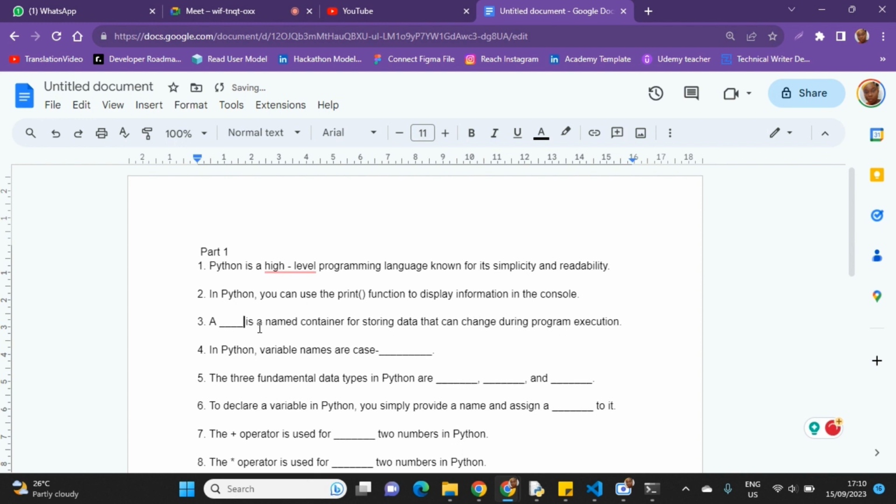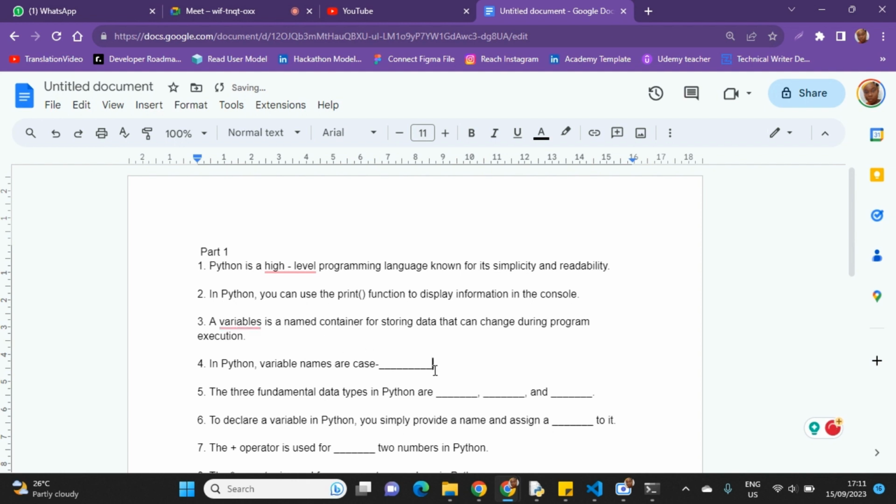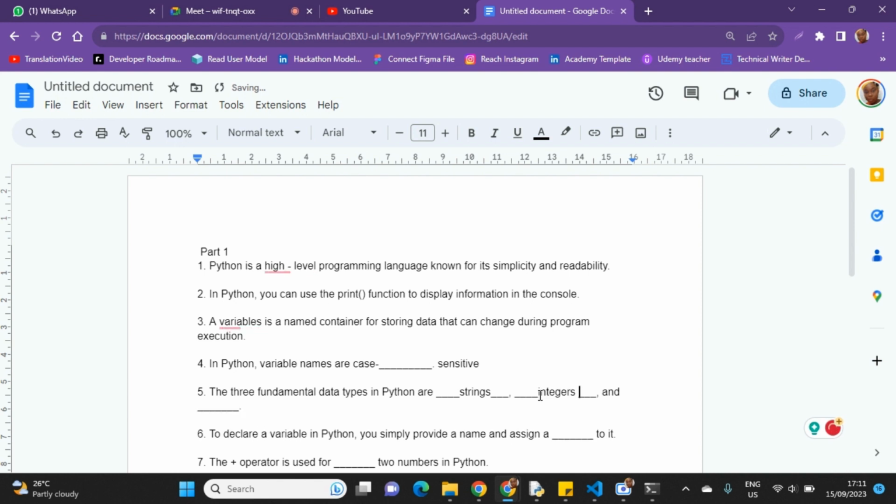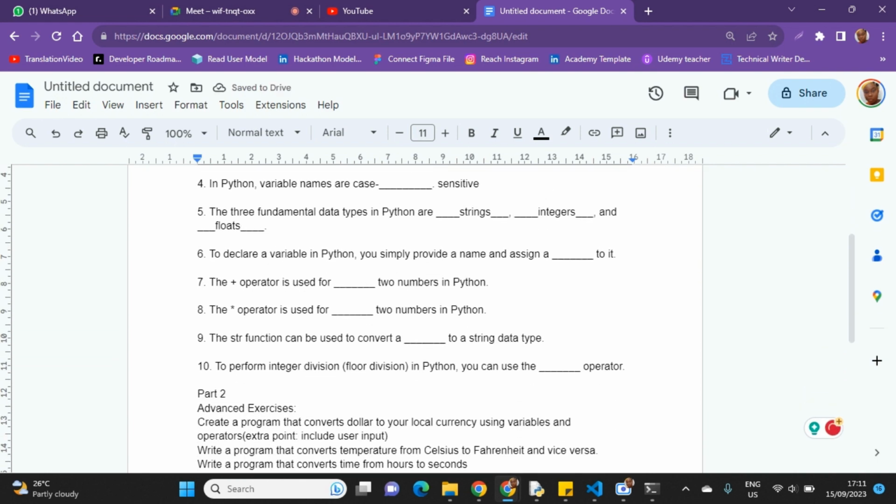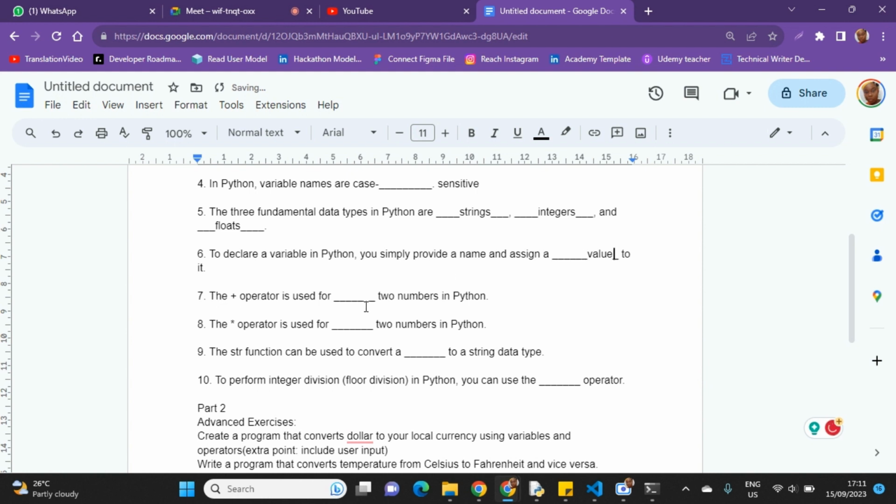Then number three is variables. This one is sensitive. Strings, integers, and floats. To declare a variable, you simply provide the name and assign a value. The plus operator is used for